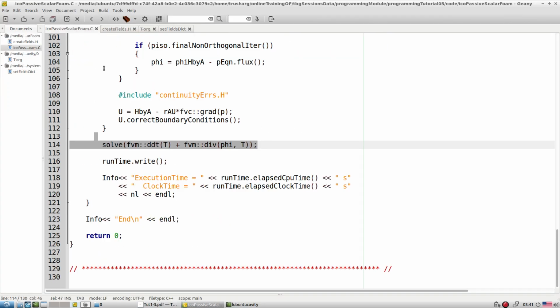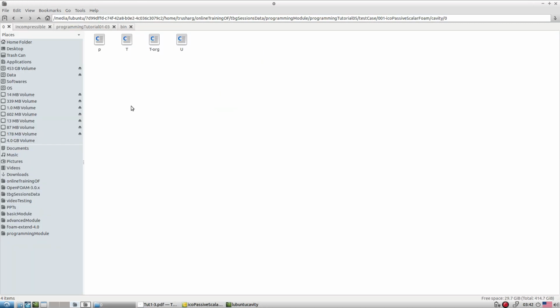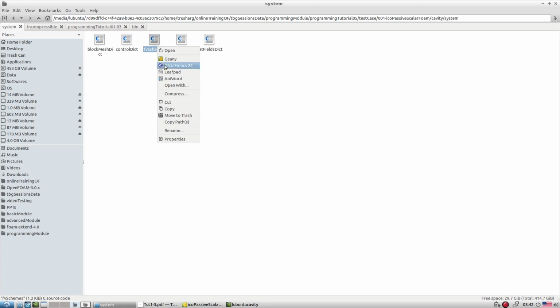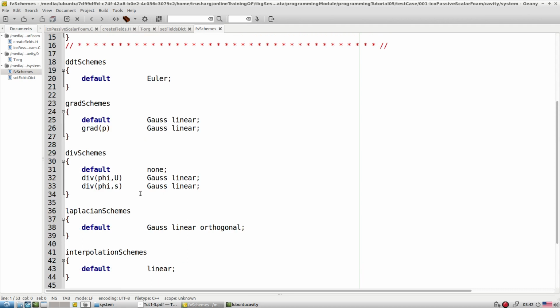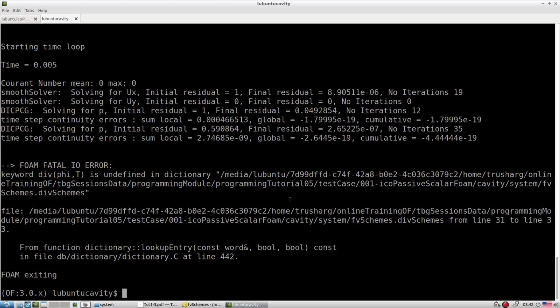Because if you look at this file, we have this divergence of T as a new discretization required inside our system file. So let's go to the system area, fvSchemes. Inside fvSchemes, in the case of div, let's type it as T. It's going to work very neatly with that.